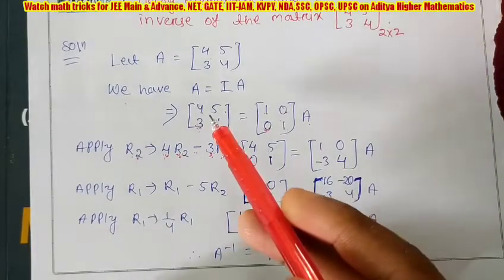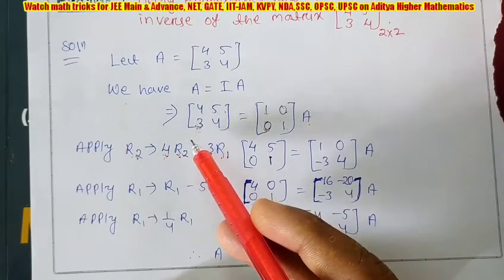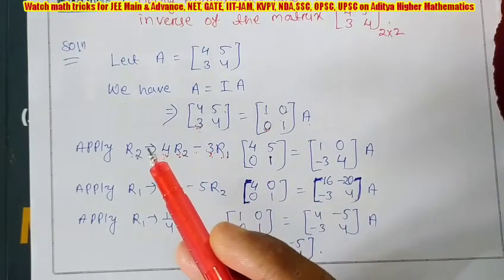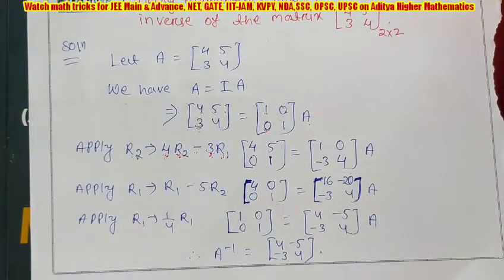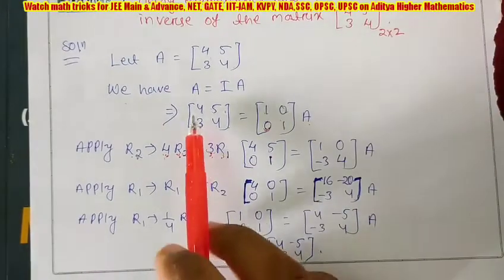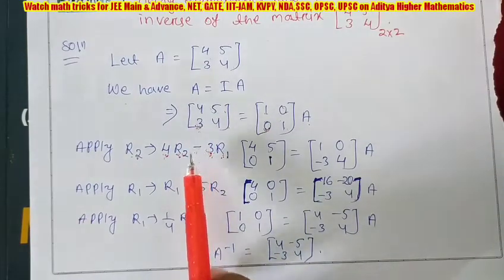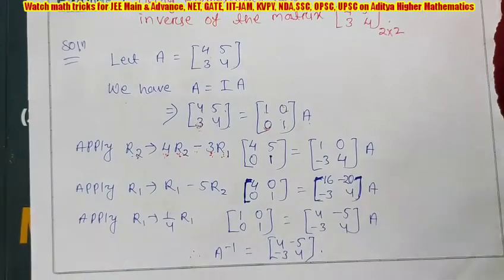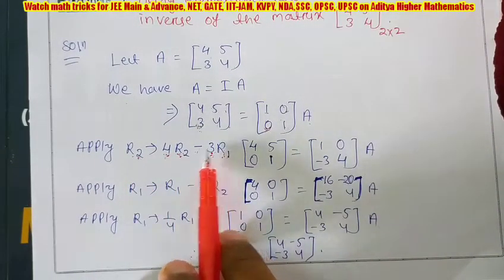And the last point is, if both have the same sign, here I am discussing signs, because before I had not discussed anything about sign. If both have the same sign, you have to take minus. So for the coefficients you take only numbers, not signs. After taking the coefficients, if both have the same sign, because it is positive and the second is also positive, we have to use minus as the middle sign. So now we are changing R2 by using 4R2 minus 3R1.